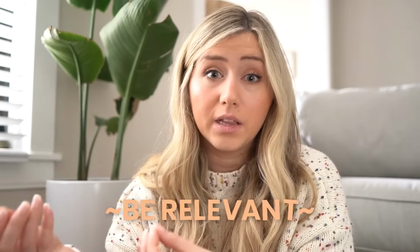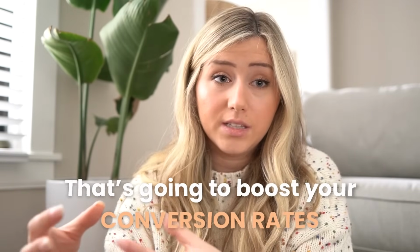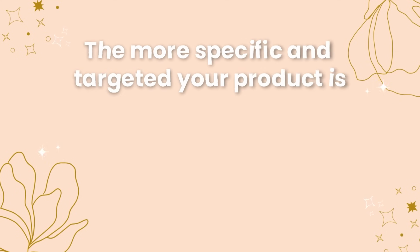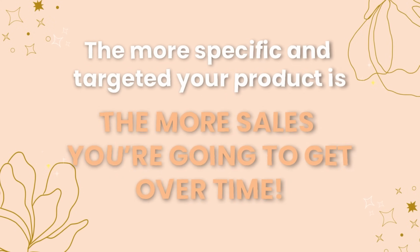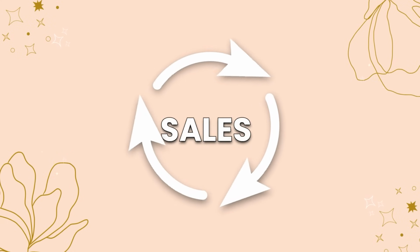We want it to be relevant to the product we're creating and posting on Etsy as well. That's something to note, is that it is going to boost your conversion rates. The more specific and targeted your product is, the more sales you're going to get over time, and that's going to jump your sales, and you're going to get into this wheel of getting consistent, repeatable sales by the products